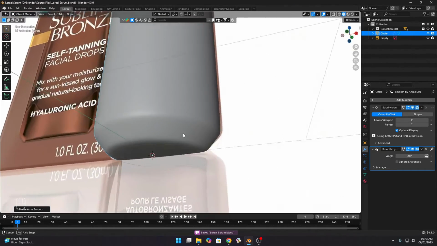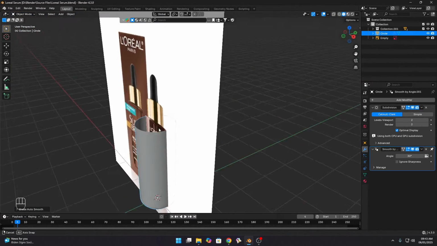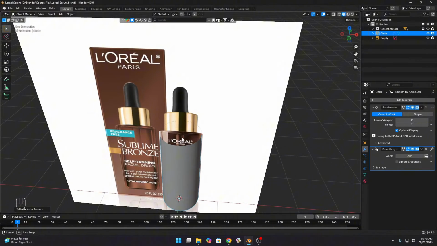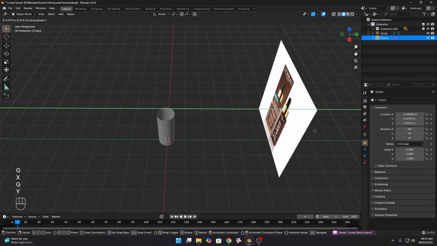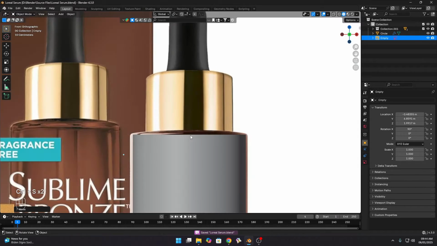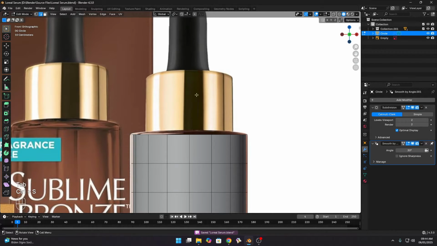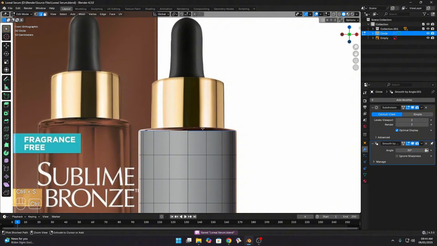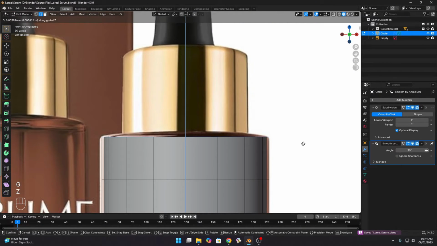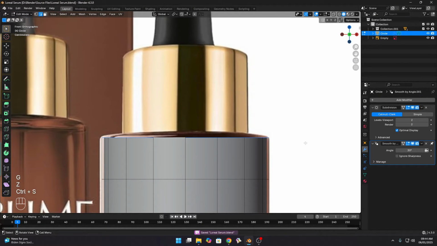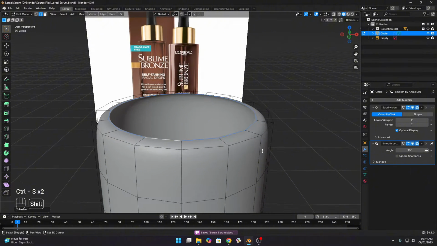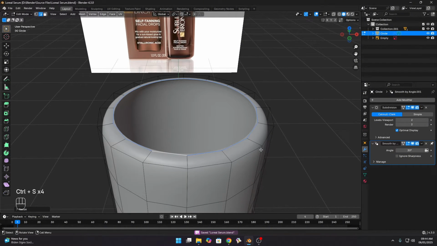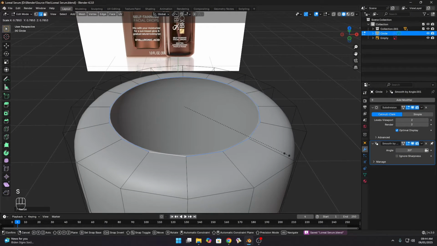So this is our bottle, the citron bottle, and we also make the inner part. I think the bottle is okay. Let's make the citron part, move back on the Y axis, and first we make the bottle mouth and then we make the inner part. Just make it a little above. Okay, it's okay here. Press E to extrude and press S to scale it down. We also bevel these corners to make it less stretched.